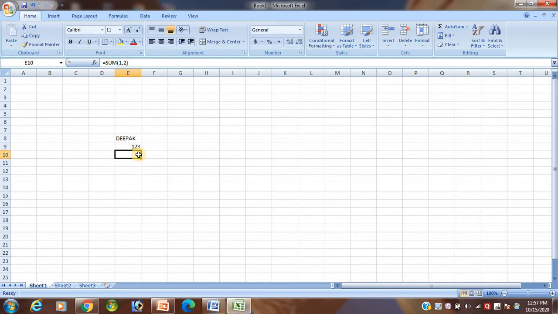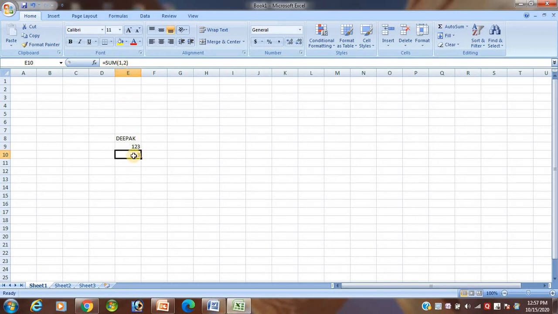So see, students, this is the address box. It is divided into two types: one is the name box, one is the formula box.